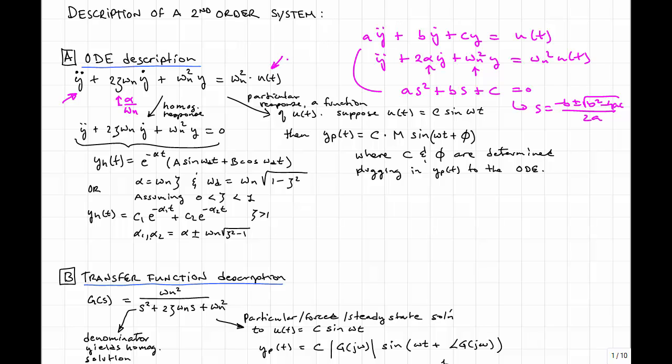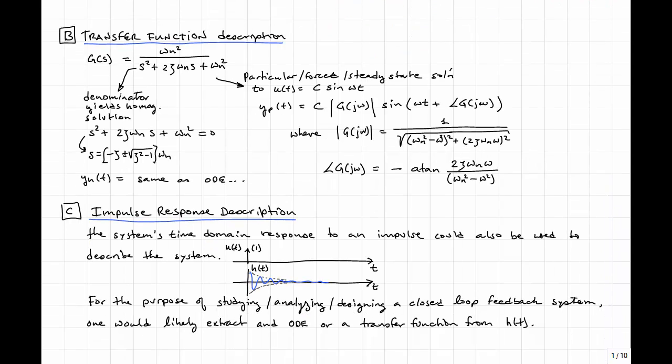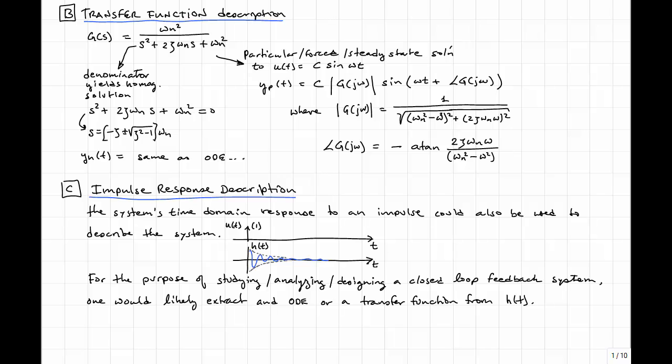So by going through this process, we could solve for the unit step response of our second order system. And depending on the value of zeta, we would either have an underdamped or an overdamped or underdamped to varying degrees response. The second description that we use for describing a second order system is its transfer